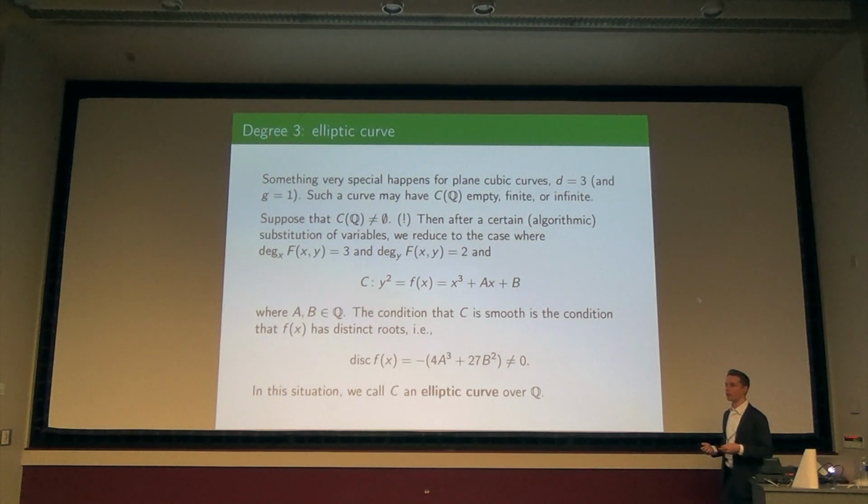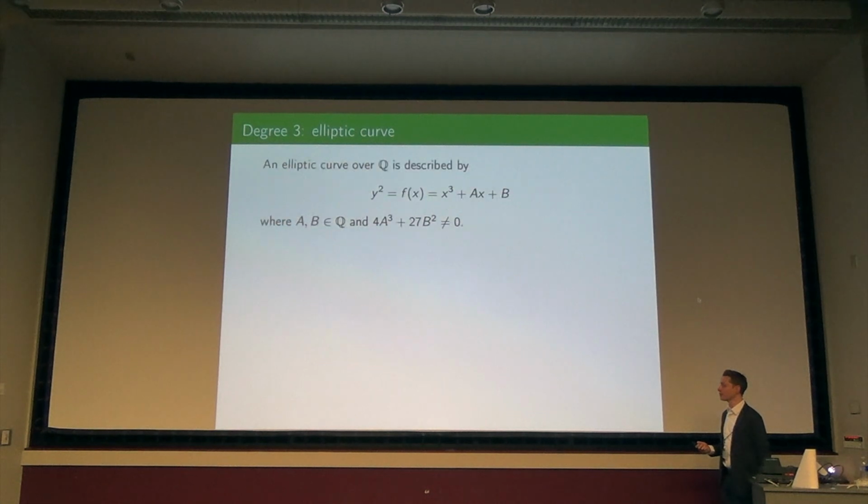Okay, so there's the place where I define one of the main objects of my talk. This is an elliptic curve over Q. So at this point, I hope I convinced you that from the study of Diophantine equations, if we want to study rational points, it's a sweet spot. Degree 3 is something very special. And you'll also see why. There are other reasons why elliptic curves are special, but that's the main motivation for it.